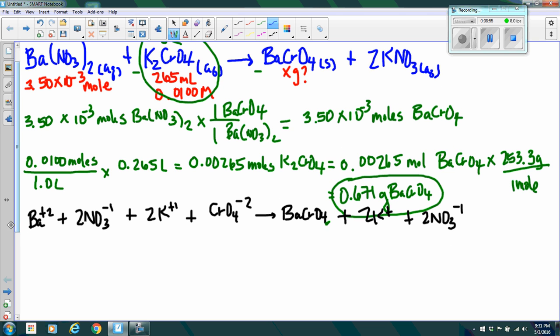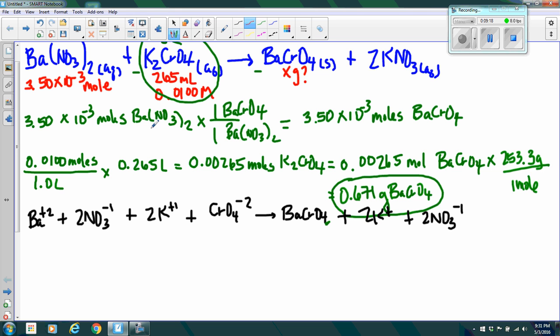So if I take a look, I can see that I have been doing in all of my work that I've been finding the moles of everything that's on the left-hand side of my equation. I just think that's easier. You can write them on both sides, but you can see that some of the things are the same on both sides. So if I go ahead and take a look at the moles that I've already figured out, so I have